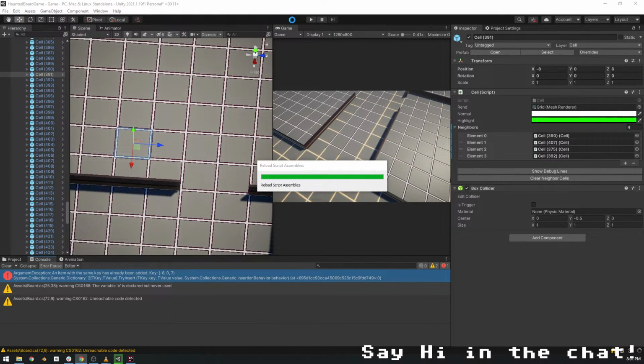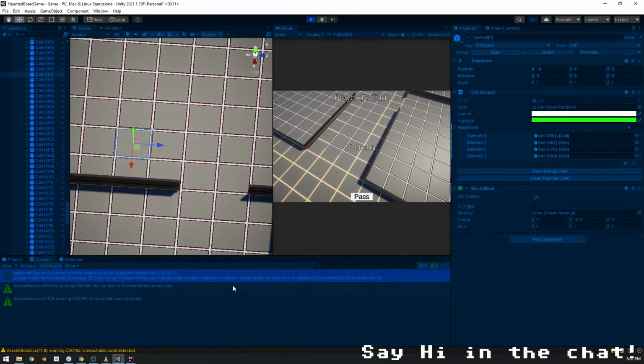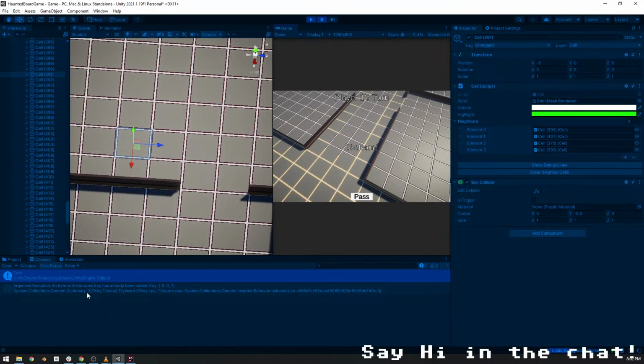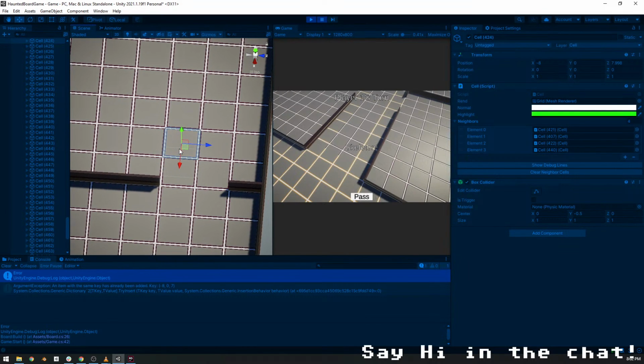Let's see if we do it again. Do a little compile. Play. See what happens. Dang. Nope. Did it? Yep. Here we go. This is the offending tile. There's one that already exists in